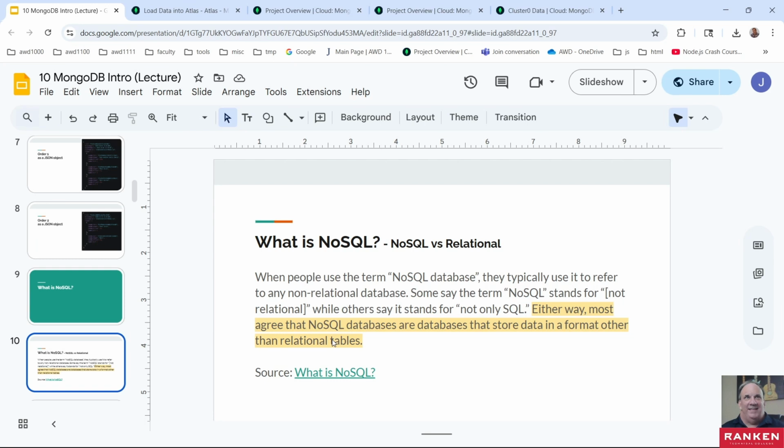MongoDB is not the only NoSQL database. It's a document database, and it's not the only one around, but it's one of the most popular ones. Also, some of the different cloud providers have databases that you use within their cloud environment, whereas we can use MySQL locally. Even though we do have this cluster on AWS,